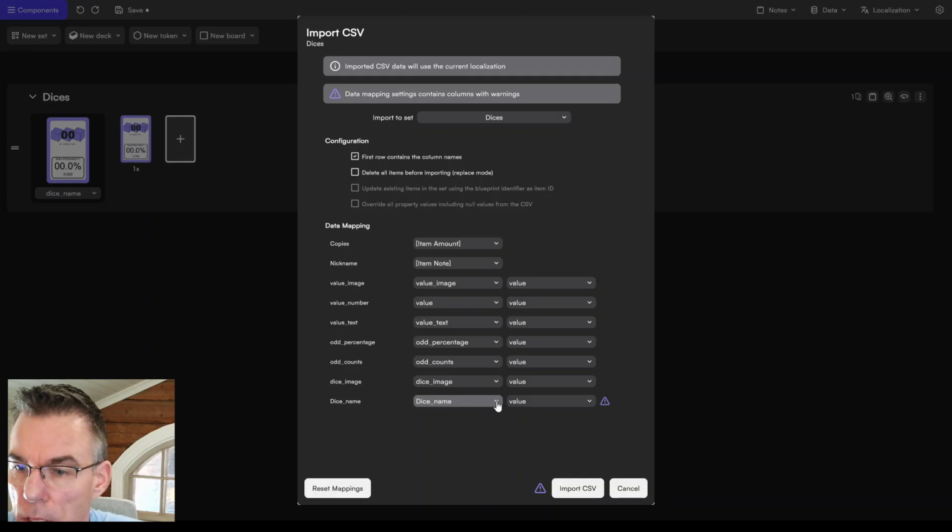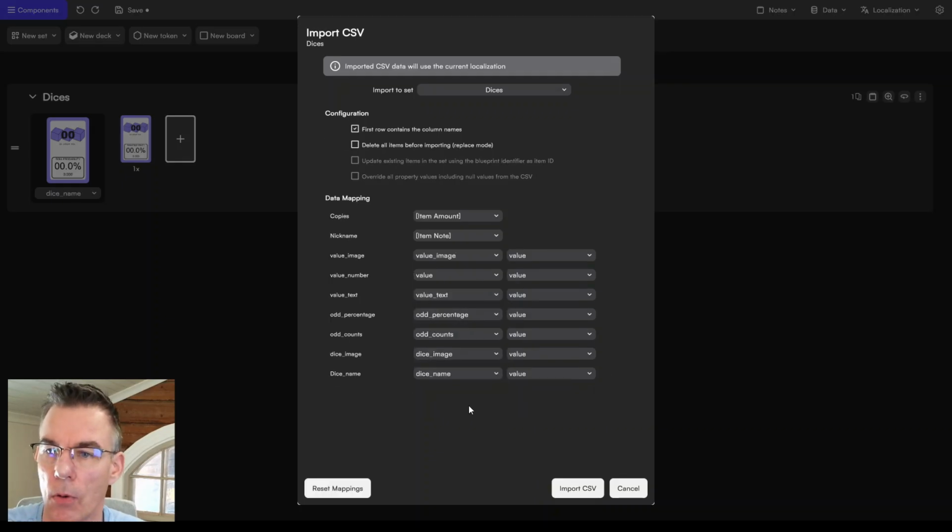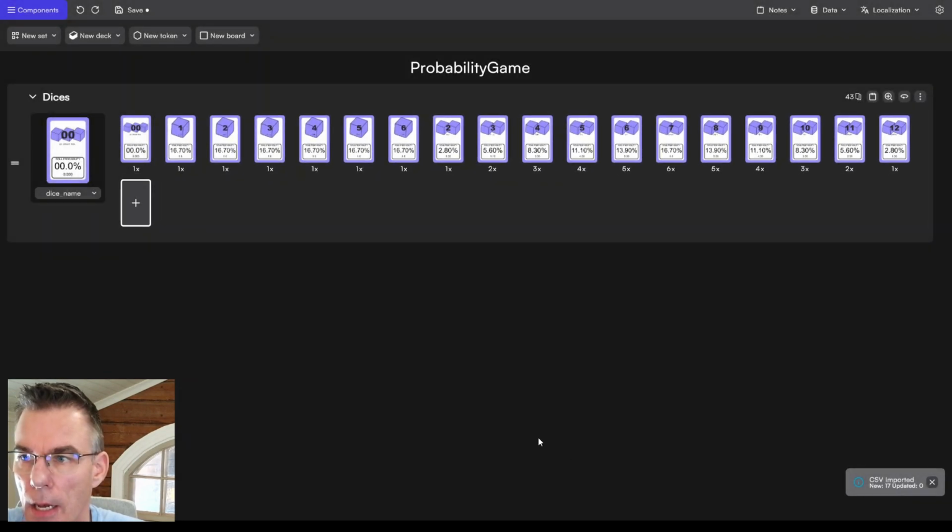For some reason it doesn't recognize it, and it is because it's a different case, so it is case sensitive. So there are the changes, import data, and like so.